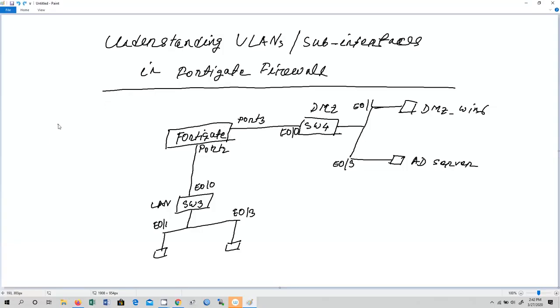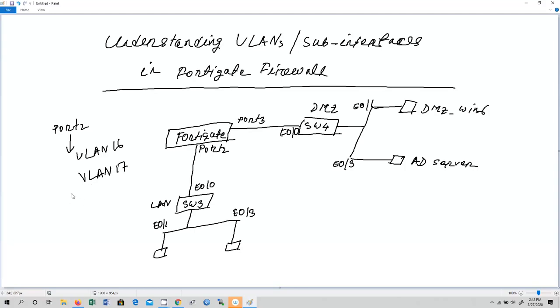So we are going to discuss port 2 in the LAN zone network. Under this port, we have two sub-interfaces. One is going to be VLAN 16, and another one is going to be VLAN 17.